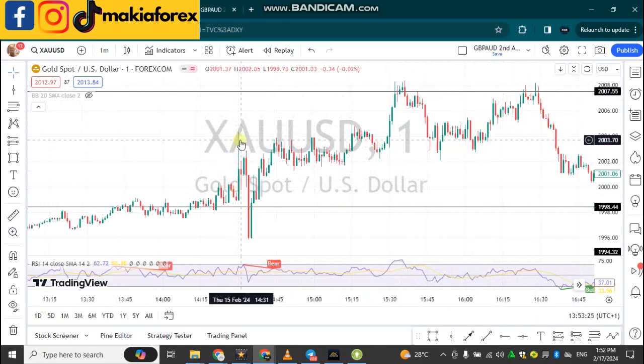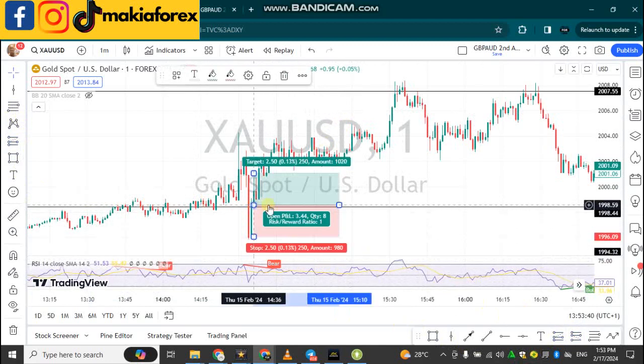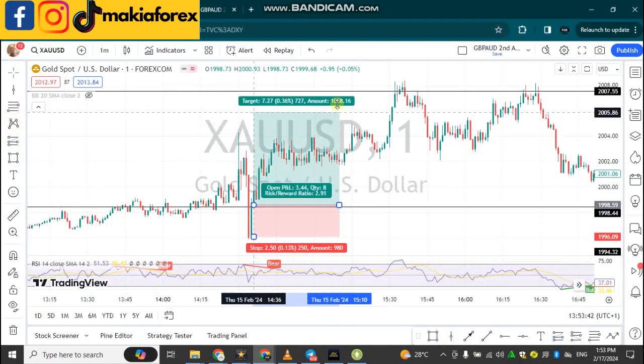If you miss the first candle, if you miss buying in the first minute candle, you can always wait for price to drop a little bit before you buy, and hopefully you put your target at, let's say, 50 pips or 70 pips, all depending on your risk to reward ratio. You can see, put like 20-30 pips there. Price will go all the way to this area.